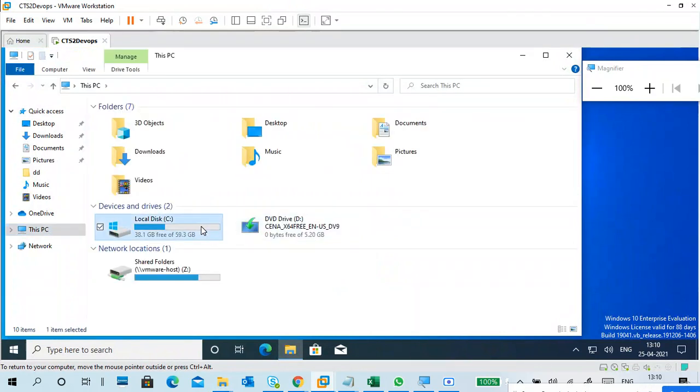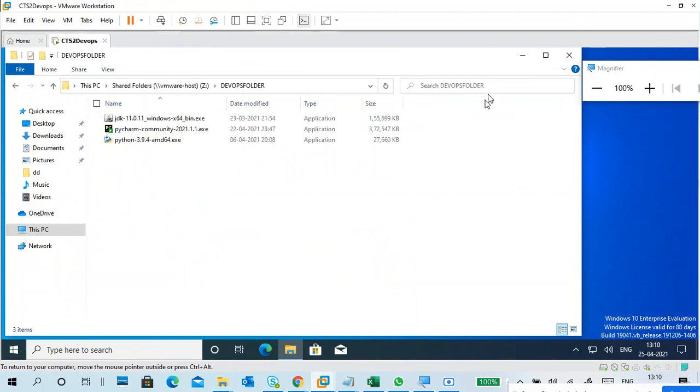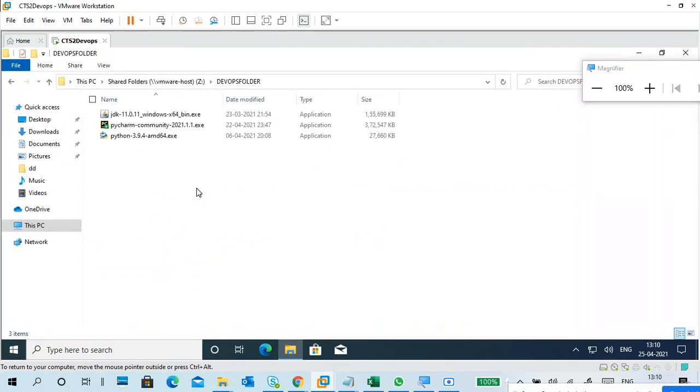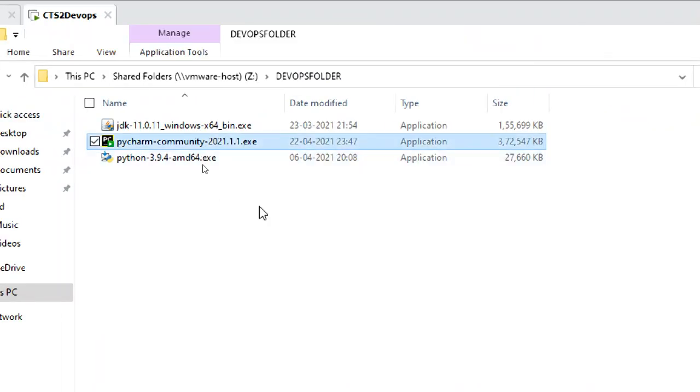You don't require any login to download. Later we'll create an extra drive to store files and Java files for our practicals. See, I already downloaded this PyCharm Community.